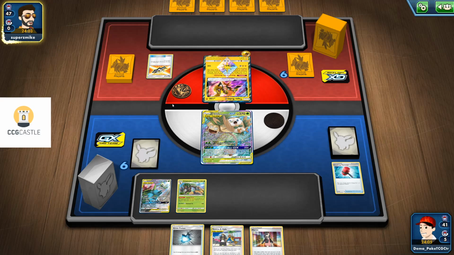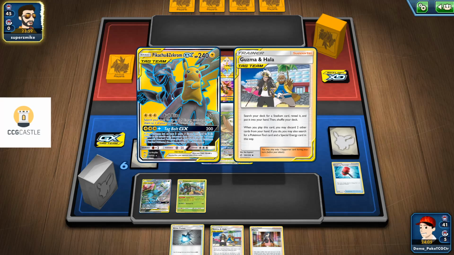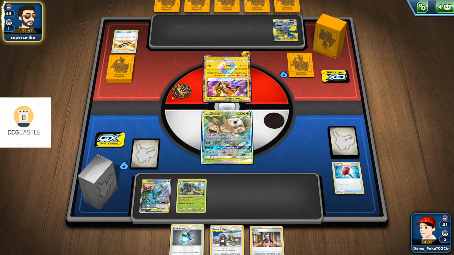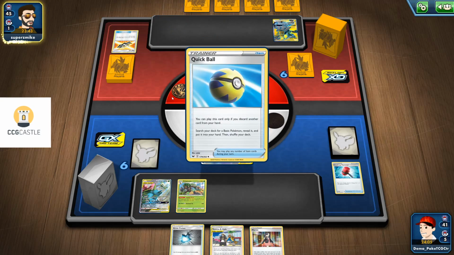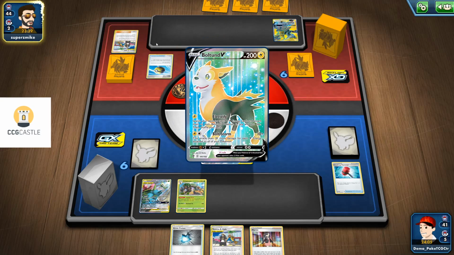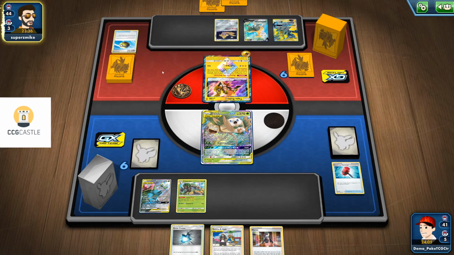Yeah, definitely with the Tech Hole my opponent can search the deck for at least Pikachu-Zekrom and Guzma and Hala, so Guzma and Hala can provide him with another Special Lightning Energy as well as with the Stadium, so technically he might be able to find a little bit more resources. Who knows, maybe even turn to Full Blitz. I wouldn't be surprised. But there's a Boltund, so if I can survive like...